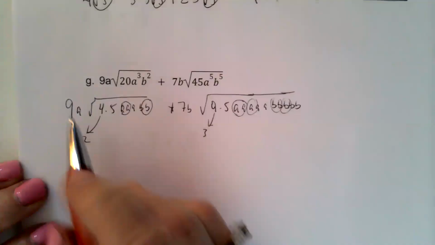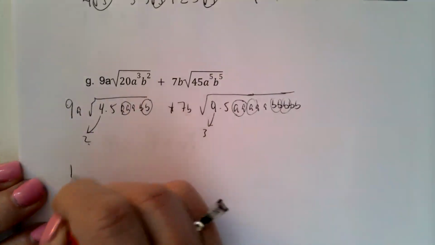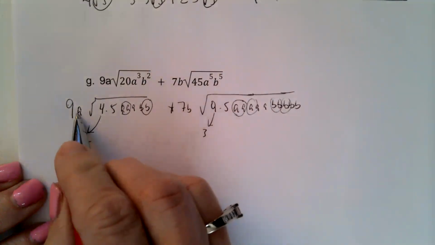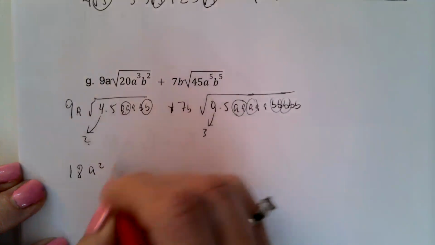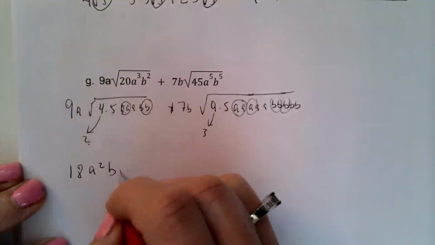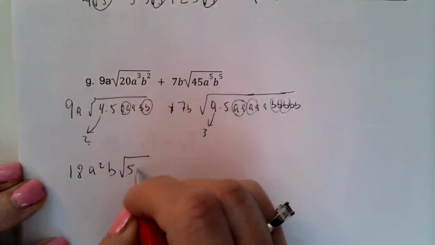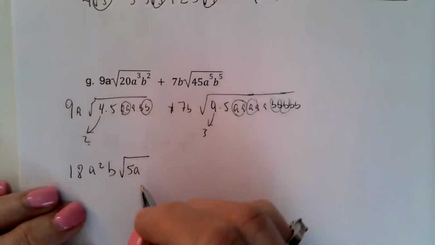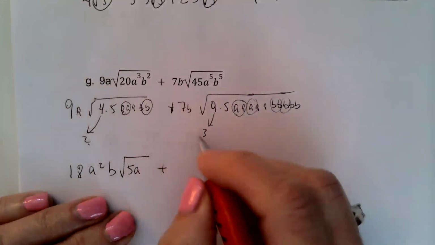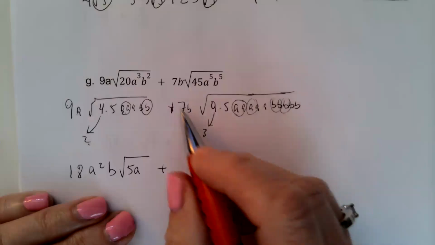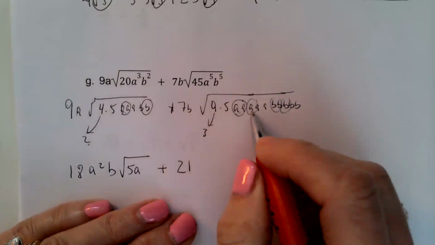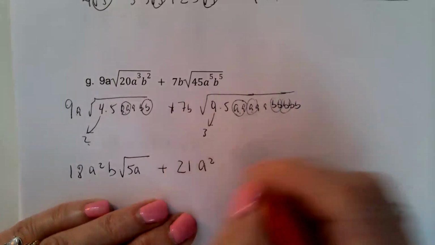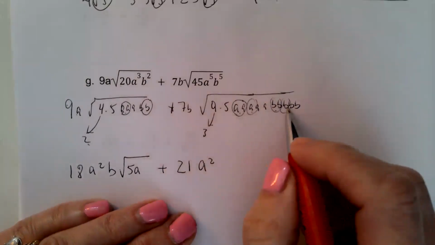Okay. So 9 times 2 is 18. I had an A out front and an A came out, so I have A squared and a B came out. And then I'm left with 5A. Then I have plus, over here, a 3 came out, so 7 times 3 is 21. And then A times A squared came out. B times B,